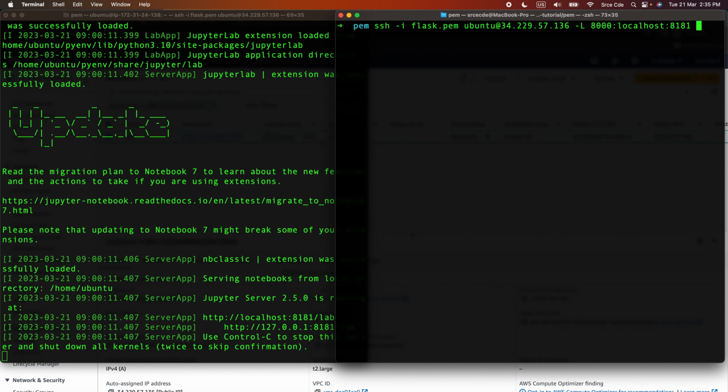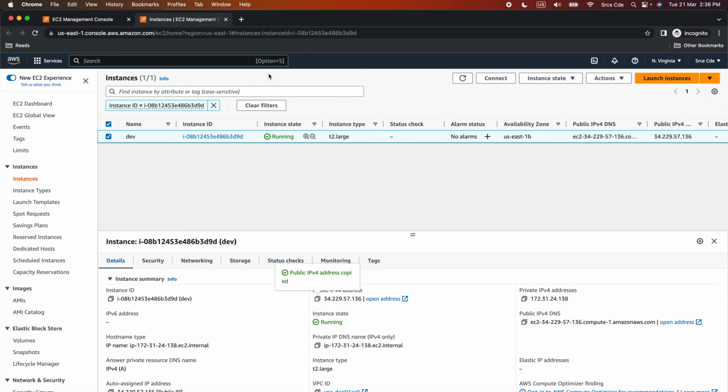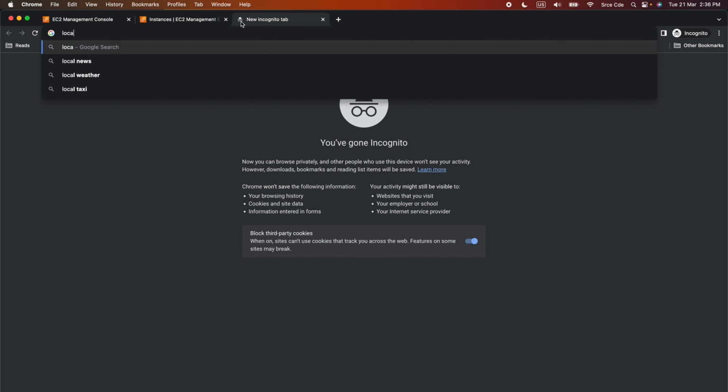And now if I execute the same command with -N, then it will not execute the SSH command, right? It will simply do the port forwarding. So as you can see, it is not logging into the remote machine, but the command is running as a part of the port forwarding, and that's all. We will also see how we can execute this command in the background so that we can use this terminal session for other purposes. So if I go to the browser and simply type in localhost